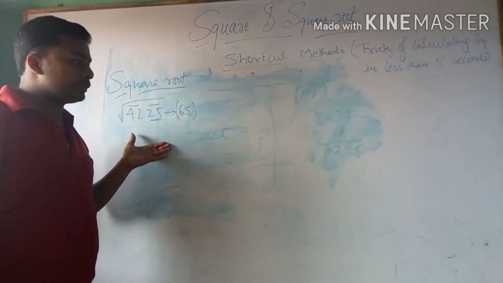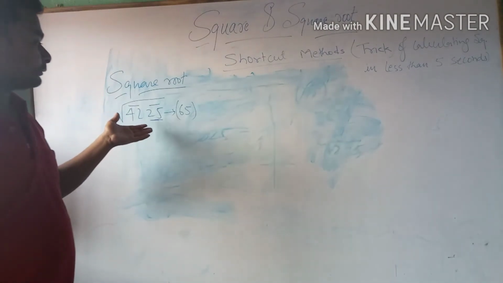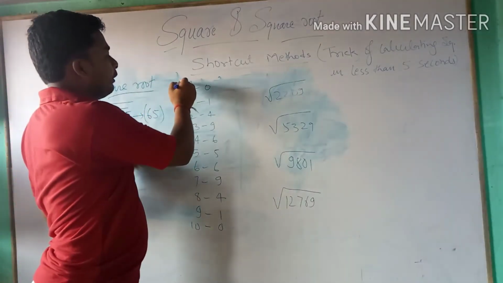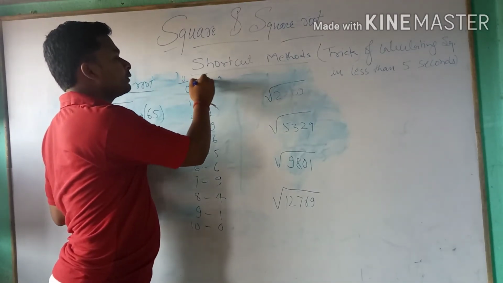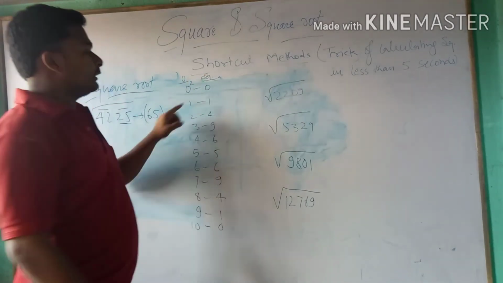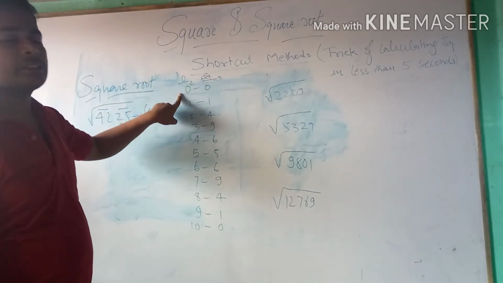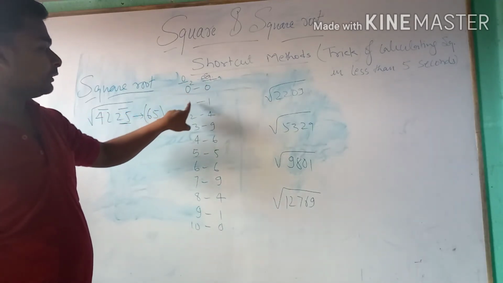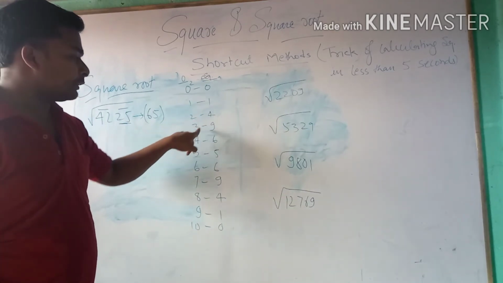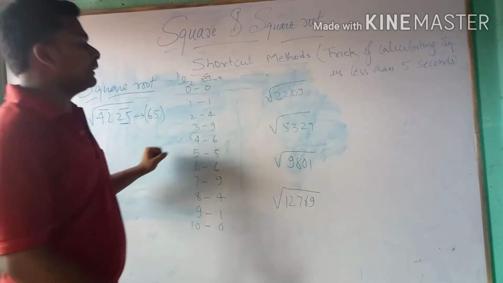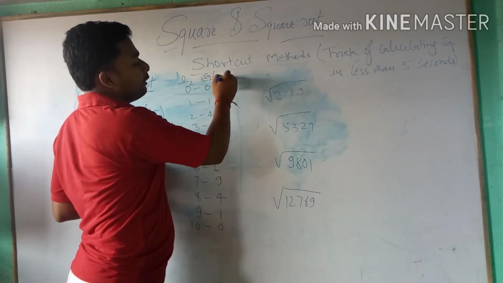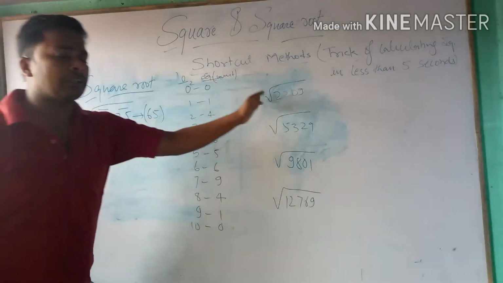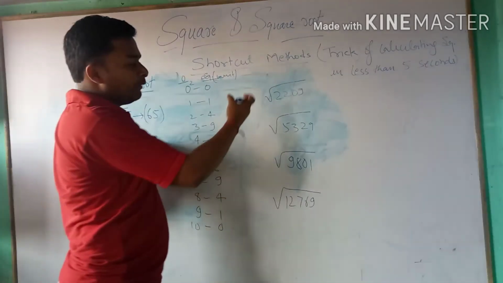Simplest, I will take more examples. My dear, here I have written the original number, their square number, or you can say the square and the square root number. 0 square is 0, the unit place is 1 for 1 square, 4 for 2 square, 9 for 3 square. This is the unit place of the square number, and this is their square. This will help you in calculating this part. Suppose we have taken a few examples.